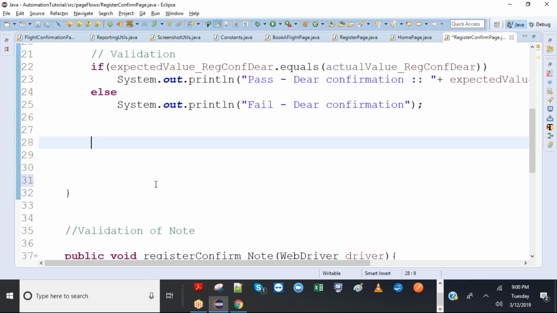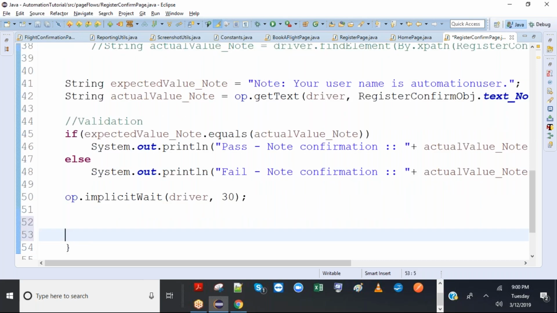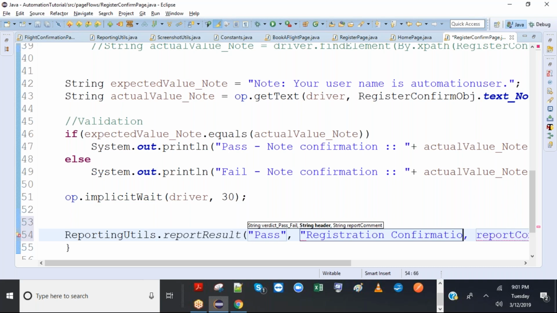Okay, that is actually done in the next page. So let's put a value here, right? Reporting utils report result, registration confirmation. I'm putting the same thing. Okay, so that's the next page.